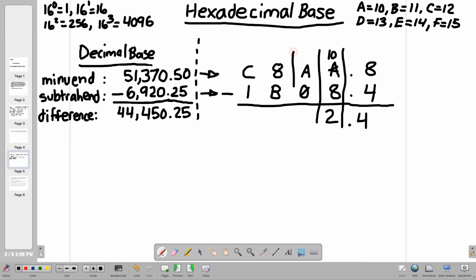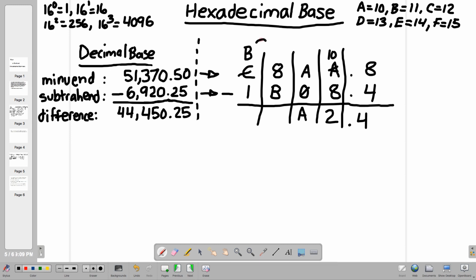Okay, so let's go ahead and subtract the next significant column. We have A, subtract 0 is A. Let's go to the next significant column. We have 8 minus B. It's the same thing as saying 8 minus 11, and it's going to produce a negative value, and this is what we do not want. So what we're going to do is borrow. So we'll say C minus 1 is B,